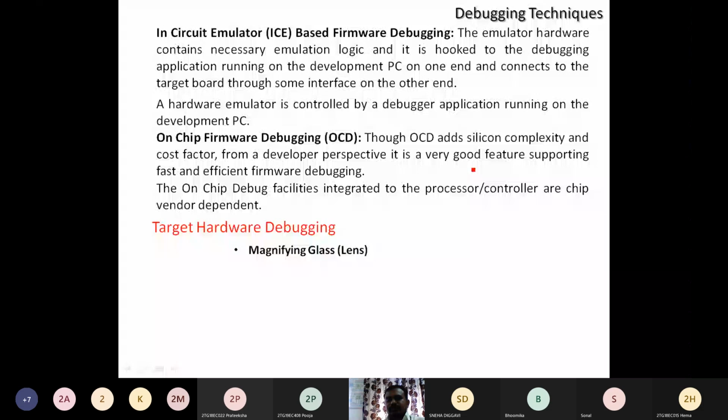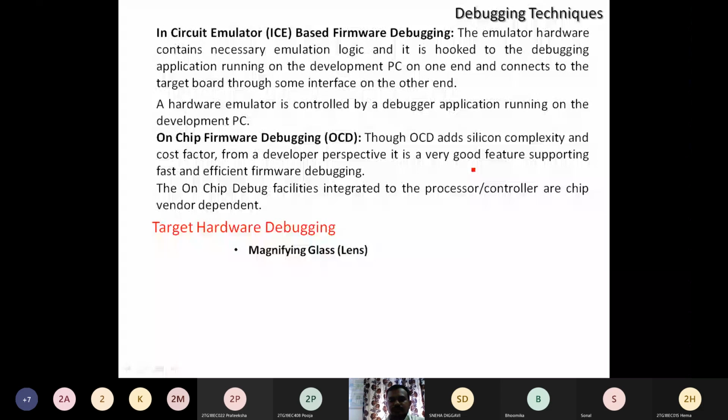Another one is the digital CRO. We use it for debugging the circuit itself. In the regular lab, we use the CRO for monitoring purposes. We want to monitor the status at a given point of the circuit: in which node, what is the status of the signal, and what type of signal is generated. All functions, like analog and digital calculations, are shown through this digital CRO, a debugging tool.